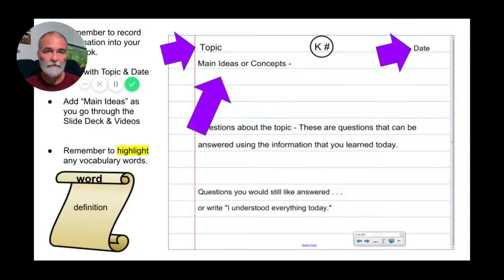So first of all, don't forget to make a page in your lab book that you can take notes on. Topic goes at the top, the date goes over on the upper right-hand corner. And then the main ideas and concepts, that's where you write the ideas that we talk about. And that is where you would put the vocabulary words that you might highlight. Remember, you don't need to write out the definitions unless you really want to. You don't want to waste a lot of paper and a lot of ink or lead or whatever it is that you're writing with, because you can find those on Quizlet. So without further ado,